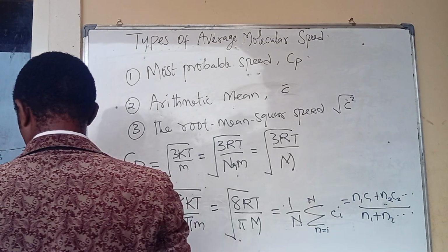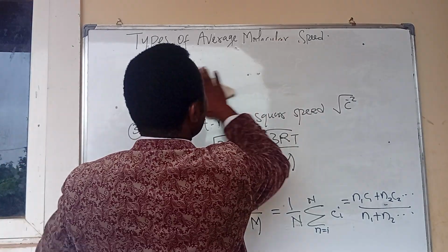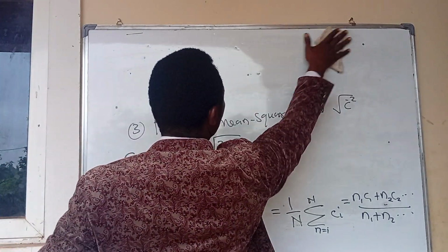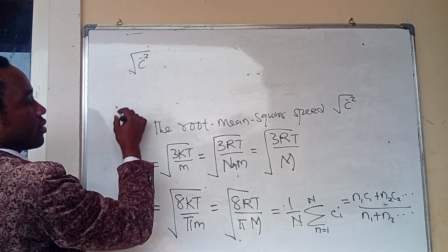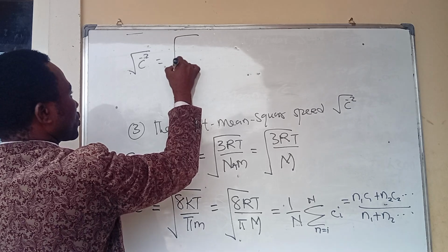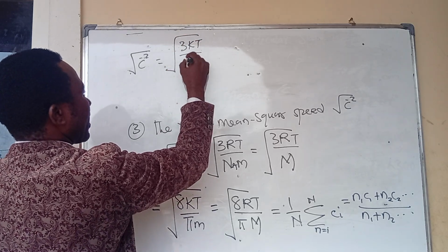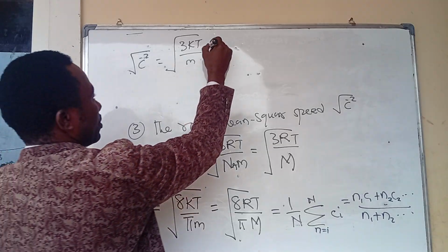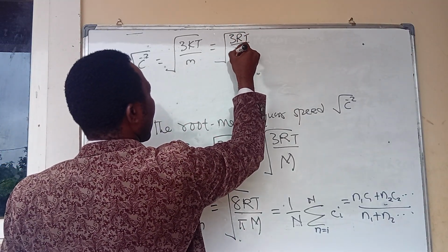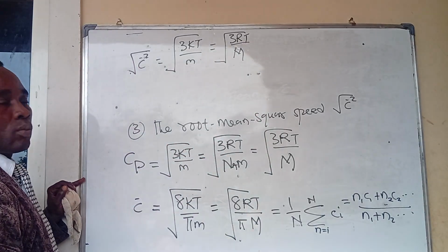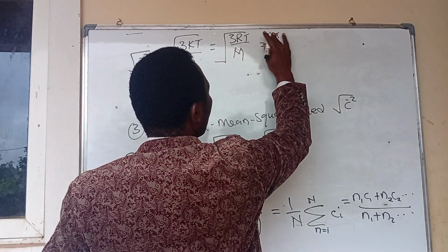Then for the root mean square speed, let us take the formula of that root mean square speed. The root of the mean square speed is equals to square root of 3kT divided by m. This will be equals to square root of 3RT divided by molar mass. M is molar mass. And this is also equals to 1 over n